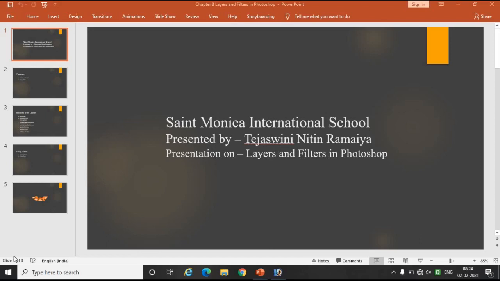Okay, so the chapter name over here is layers and filters in Photoshop. We have seen two chapters which were based on Photoshop. This one is the third chapter which is based on Photoshop. So what is meant by layers and what is meant by a filter? Layers, as I told you, contain some data. What does a layer do? Layers help you to manage your work effectively, while filters help you to add various special